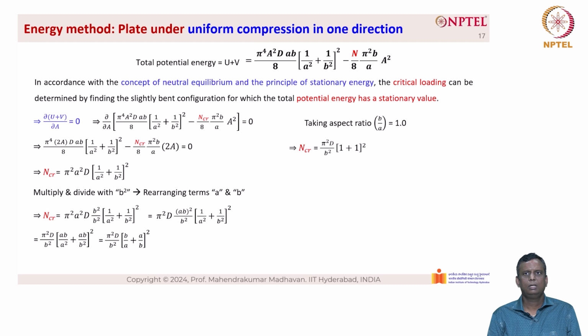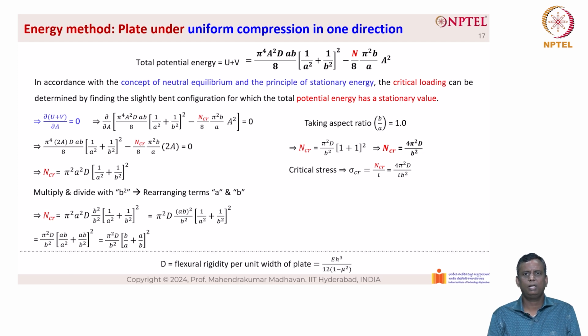Now let us take the aspect ratio b by a equal to 1.0. We get N critical equal to pi square D by b square into 1 plus 1 the whole square, which is nothing but 4 pi square D by b square. Now the critical stress is given as sigma critical equal to N critical by t. So we have 4 pi square D divided by t into b square, and substituting D as E h cube